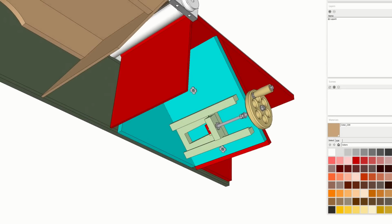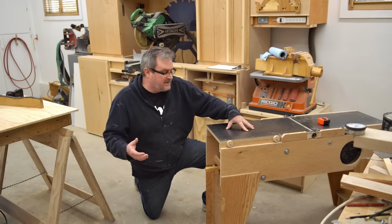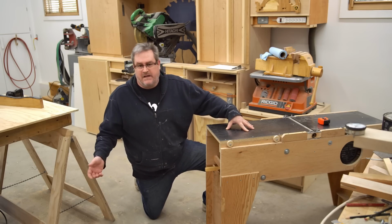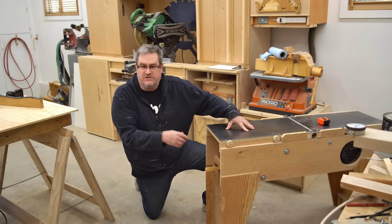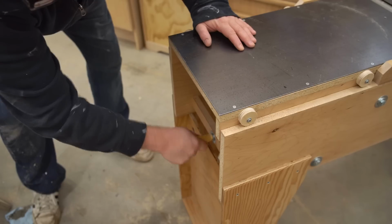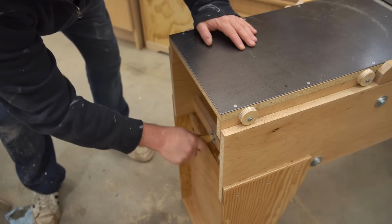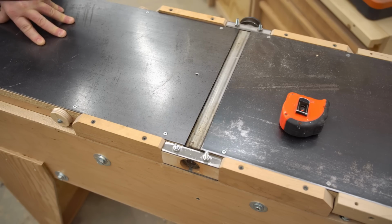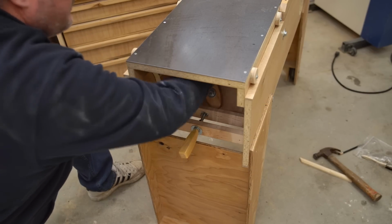lift and lower mechanism. I'm glad I took the time off because it actually made me think a little bit, or gave me time to think, and I was able to radically simplify that with this mechanism down here, which is just a simple 3/8 threaded rod that pushes the infeed table forwards and up the inclined plane, or pulls it back and goes down the inclined plane to make a deeper cut. And then after I have the adjustments made, I'll just reach in and tighten the locking knobs and it's ready